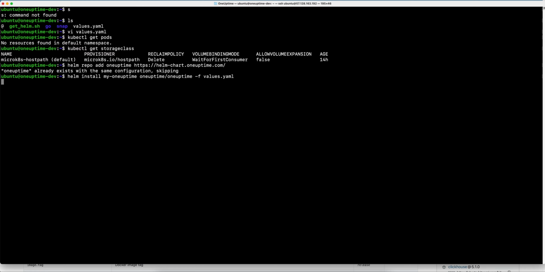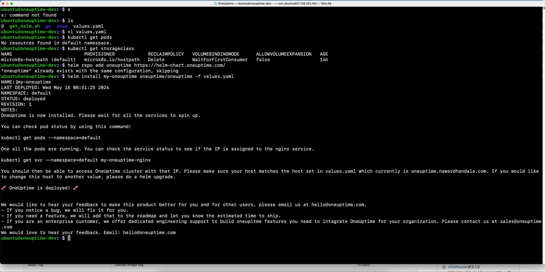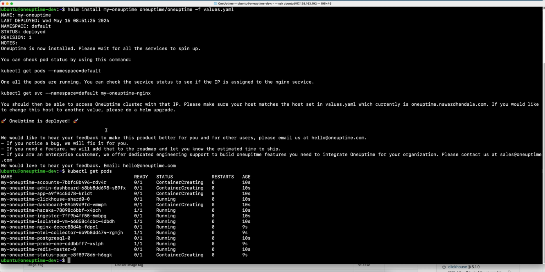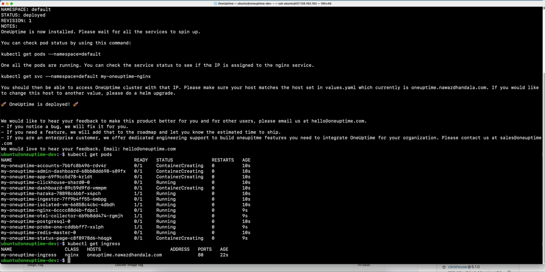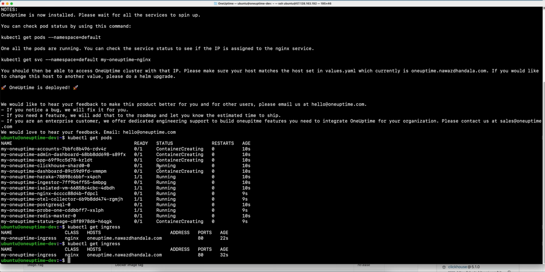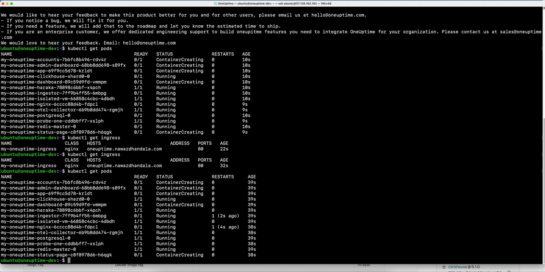So if I install OneUptime, it says OneUptime is installed, it is deployed, it's the first deploy. And if I do kubectl get pods, I should see ContainerCreating, which is expected. The other thing which I should also see is an ingress created. So if I do kubectl get ingress, I should see this ingress created for me. I'll wait for things to get started before I show you how to proceed. So if I go to kubectl get pods,